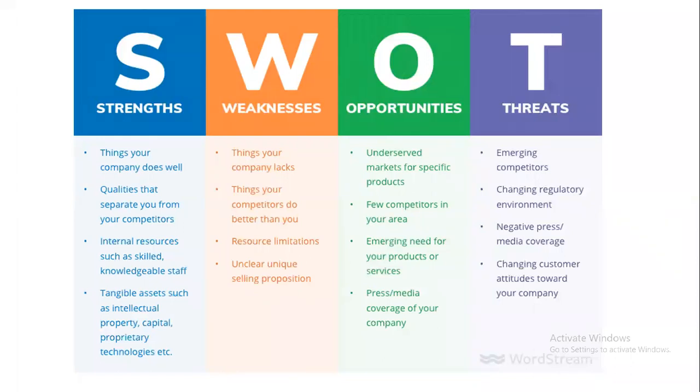So we need to look at what our competitors do better. What are they going to do better than us, what is the weakness, where we are lacking, we need to analyze. And then what are all the resource limitations we have, we need to see. By taking all these things, we need to decide what are the weaknesses for us. Then the opportunities. Okay, so what are all the opportunities?